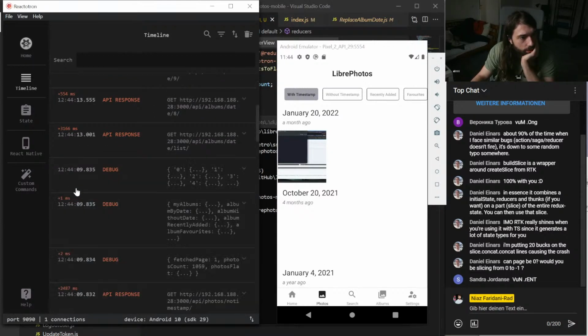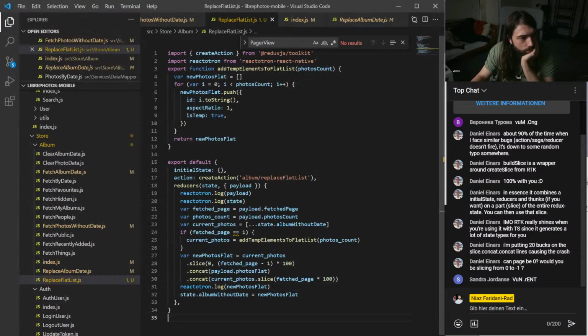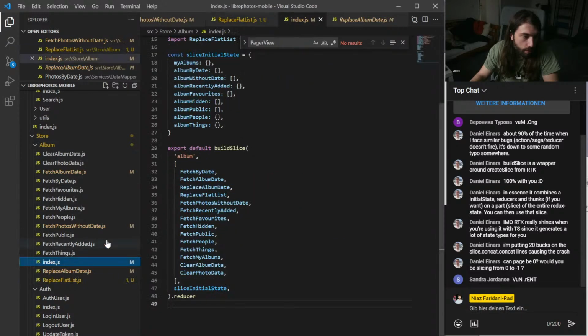Here we go. It's not undefined. But if I add this to album without date, you would then say, okay, it's undefined. Which is weird.